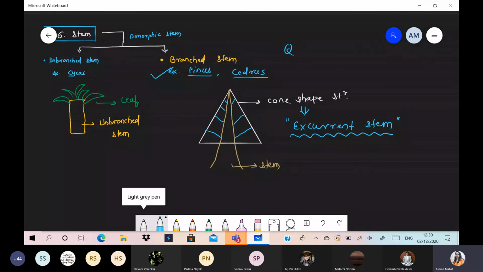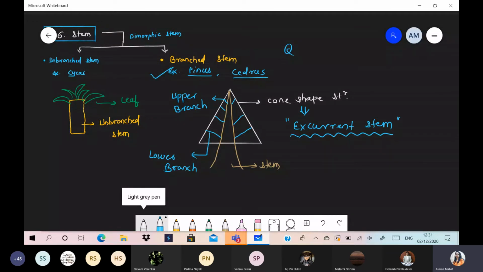Now if you see, these branches are basically the lower branches. Many branches are present from the single stem. Many branches arise. There is a lower branch, and on the top, these are the upper branches. So definitely we are talking about the branched stem. Branched stem means many branches arise from the single stem. Large one, small one. Collectively we are talking about all types of these.